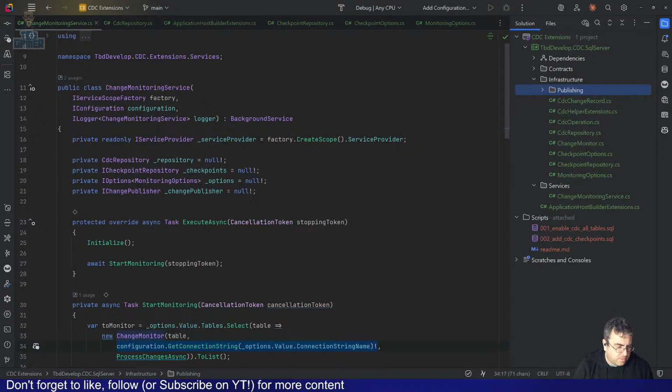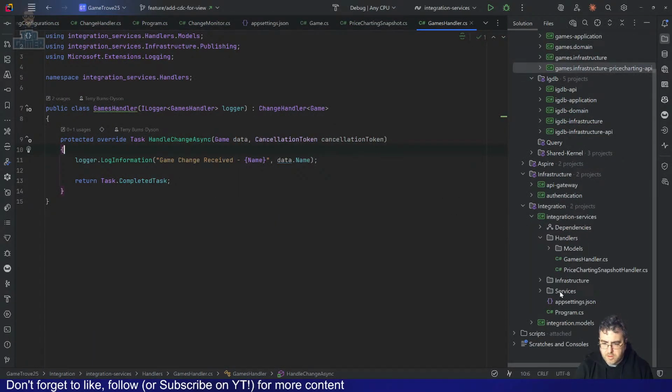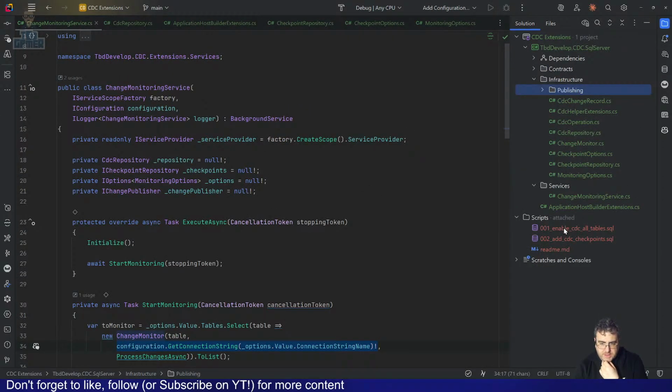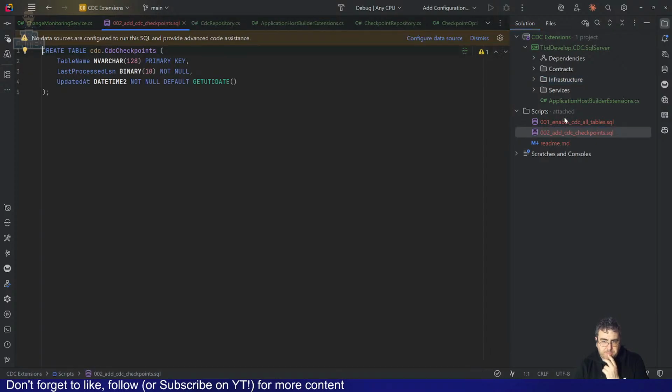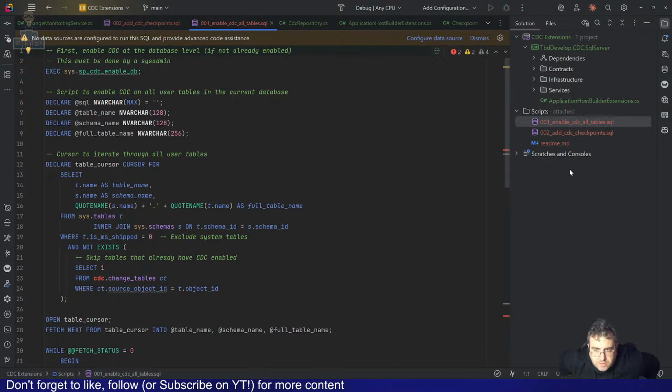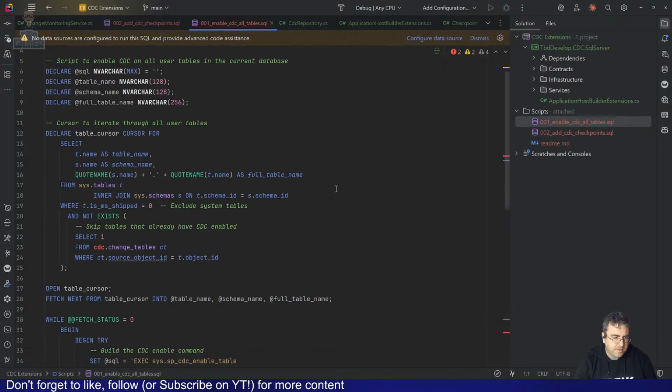So the goal of this piece would be to replace all this, and then these handlers. Basically, I would have another connection string in here that would say, okay, well this database is now going to receive this information, so I can create those pieces without having all this CDC stuff in place, and now I've got a reusable library. But now we get to how do we get this configured? So enable all CDC tables is simple enough, but